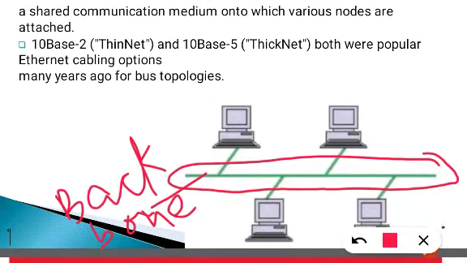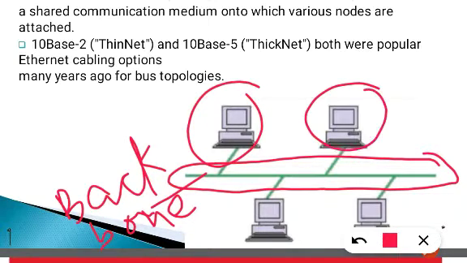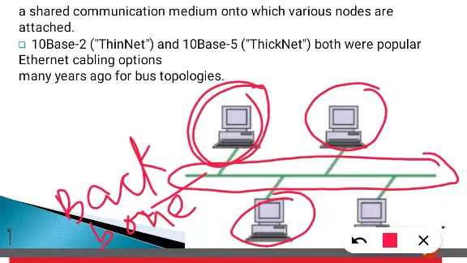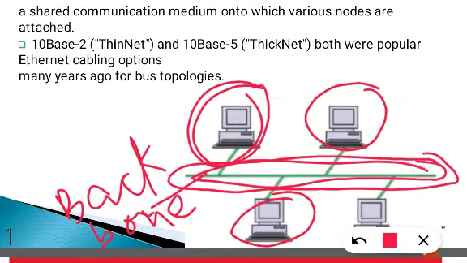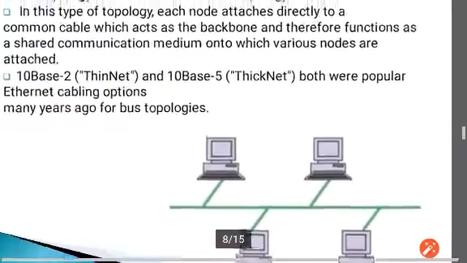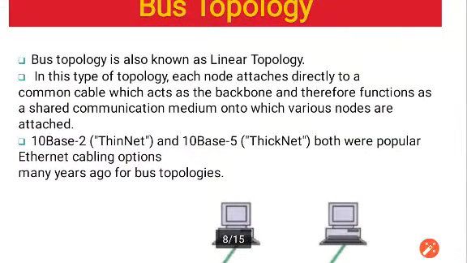In the same way, this type of topology has a backbone, a wire basically, with which all the other computers are connected. These computers are not connected with each other directly, but they are connected through a wire. So whenever one computer gets disconnected or damaged, it does not affect the whole system. But if the backbone is disconnected or damaged, then the whole network topology gets damaged.